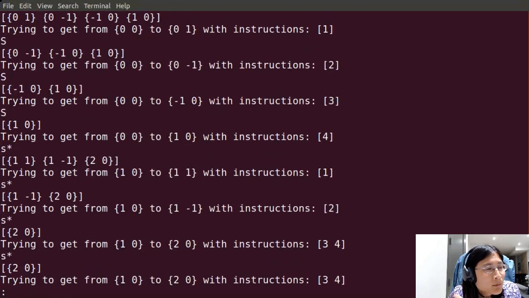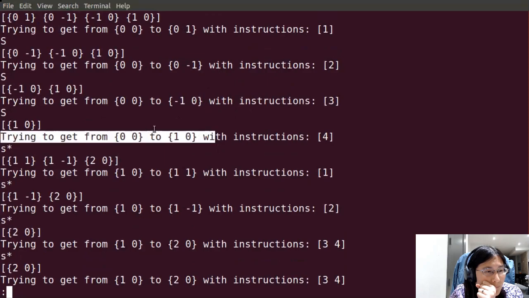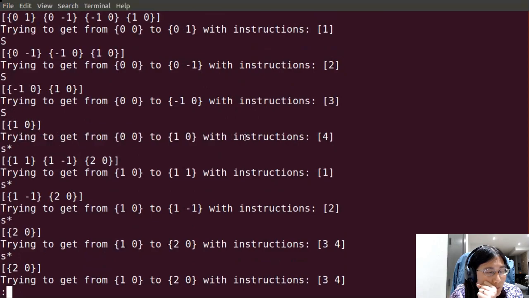So let's see. All right, fails to go right or up, fails to go down, fails to go right, succeeds at going leftish. Yeah, that seems fine.